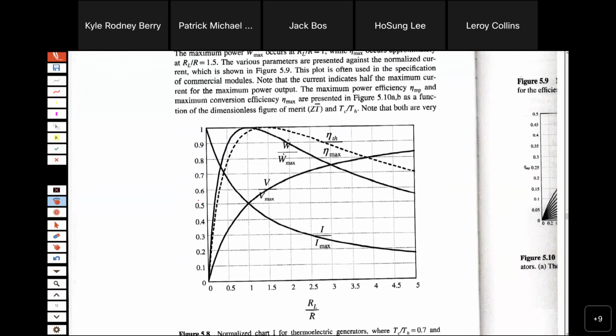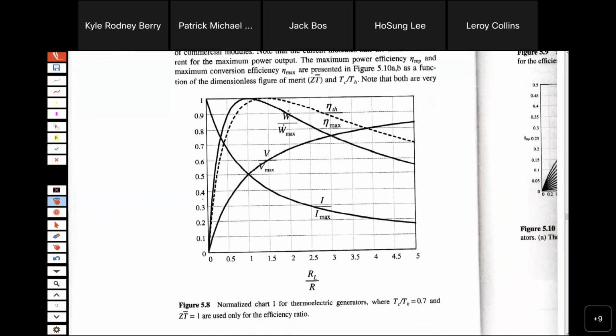This is my work. I never saw it in other books. Okay, I'm sorry. It's my work, but this curve has been seen, but not normalized. Anyhow,